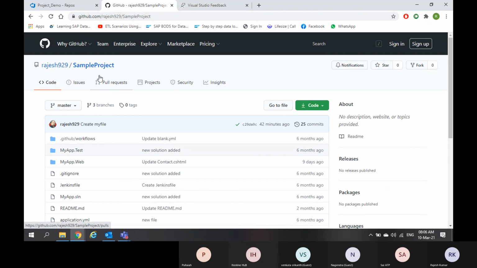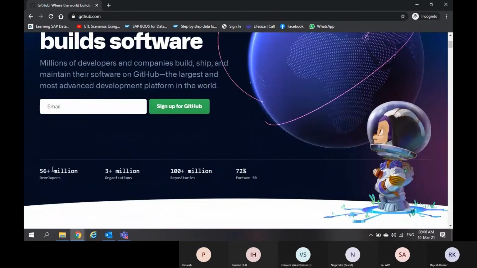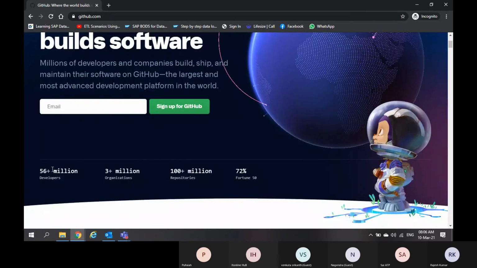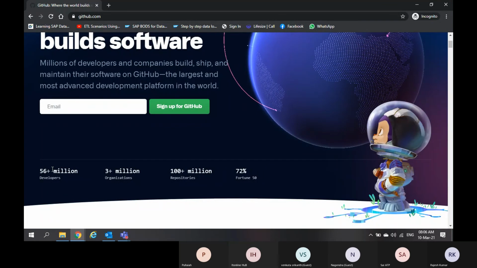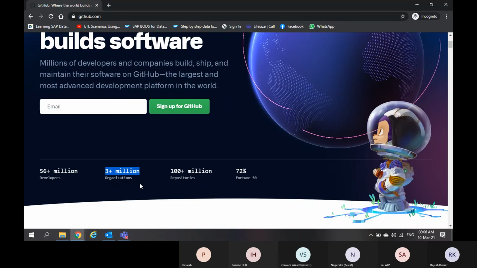2 lakhs. So the reason I am bringing up this topic is, if you see, GitHub has more than 56 million developers. That means 5 crore, man. So in the entire world there are 5 crore developers, and these people are from almost 3 million organizations. 3 million means 30 lakhs.